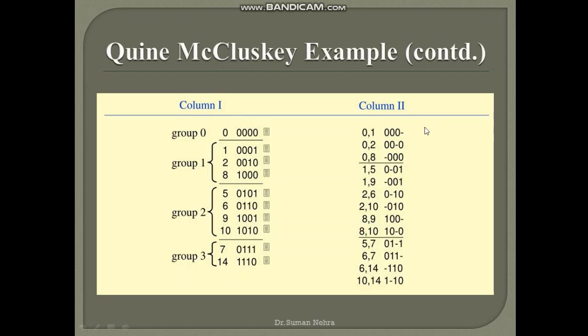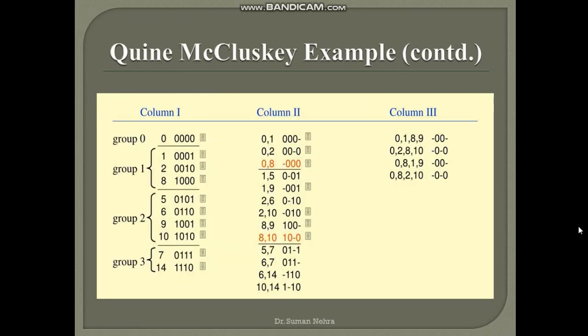Now we will repeat this step again. The same searching and comparing process is repeated for column 2 to form the 2-variable terms of column 3. The terms in each section need to be compared only if they have the dash in the same position. For example, 0-1 has the dash in the same position as 000. So it will form a pair with another number which has the dash in the same position. So here we will take 8 and 9. The 8 and 9 pair has the dash in the same position as 0-1, so they will form a pair.